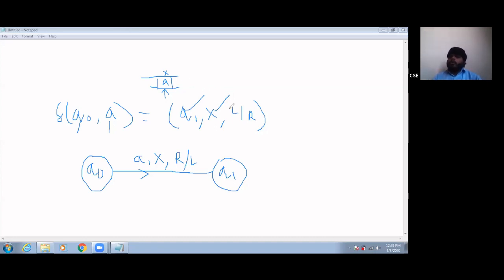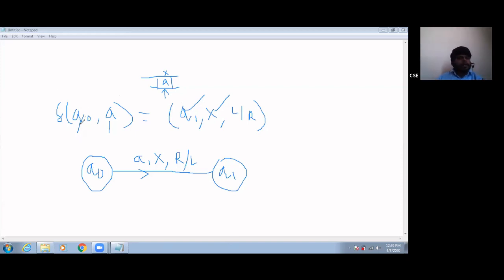And the direction, which direction I am moving, whether I am moving left hand side or the right hand side direction. Anyway, I can move in the two directions. So this is our instantaneous description of the given problem. Yesterday we discussed all those things. Again I'm repeating because you have to know these things, otherwise you will feel confused about how I'm writing these transitions. So that's why I'm repeating.